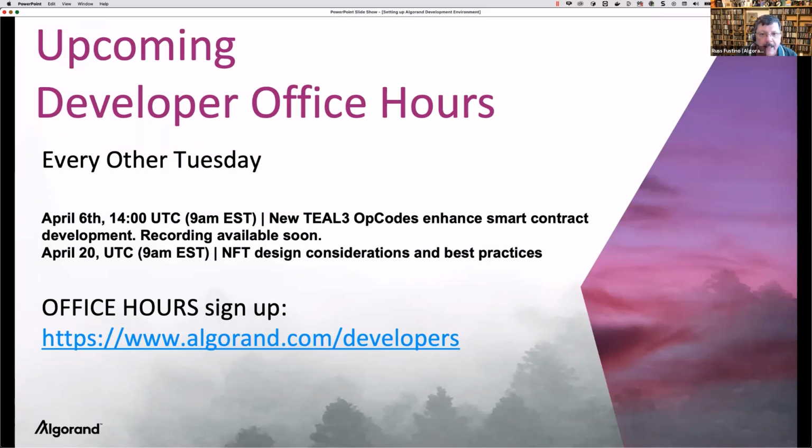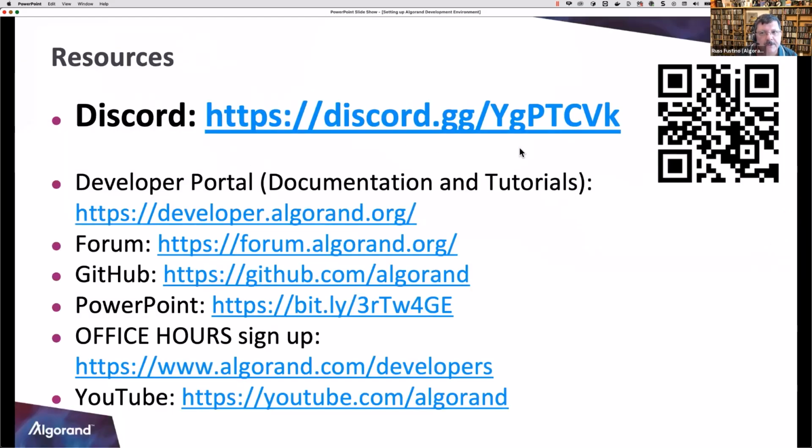And then NFT design considerations. I believe Ryan's going to be doing that in a couple weeks. So again, sign up for these and see all the videos from the prior ones at this link too. Algorand.com/developers, great resource. This is the best when you start working with Algorand and you've got questions,